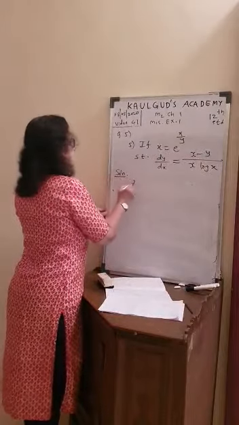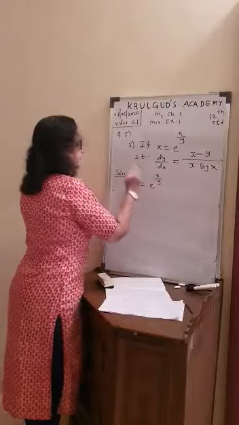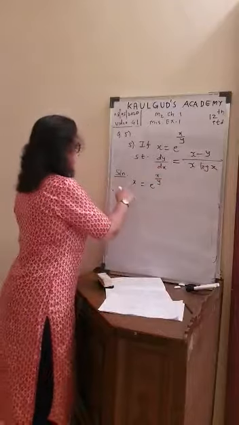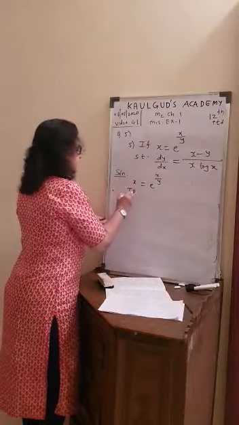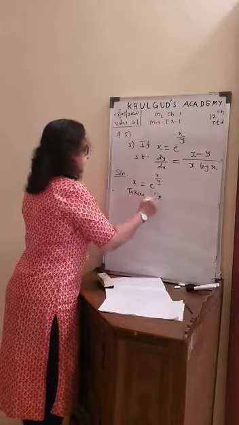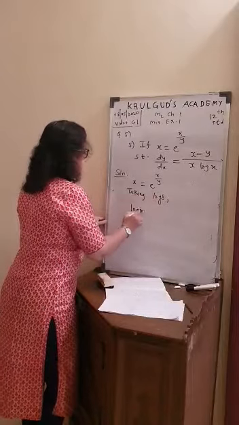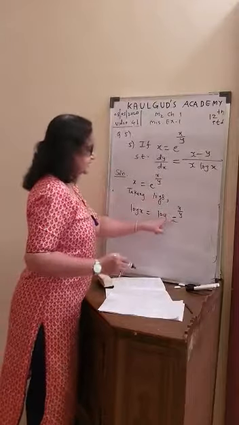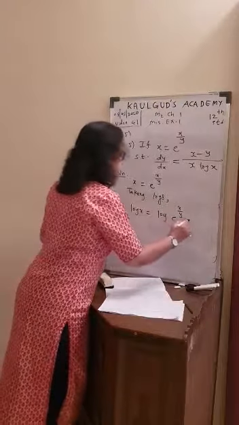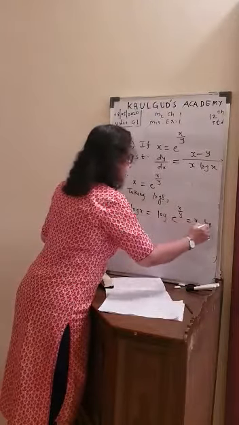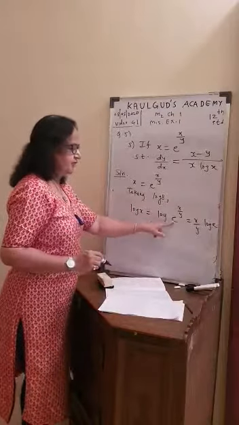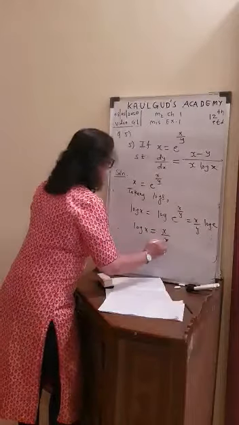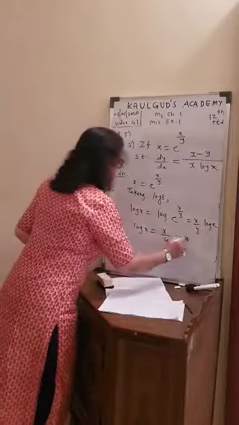So x is equal to e raised to x upon y. See, the final answer requires log x. That hint tells me to take logs on both sides. Left side is log x, other side is log of e raised to x upon y. But you know the index always comes down, so the RHS is x upon y into log e, but log e is always 1. So finally we got log x is equal to x upon y. Call this step number 1.